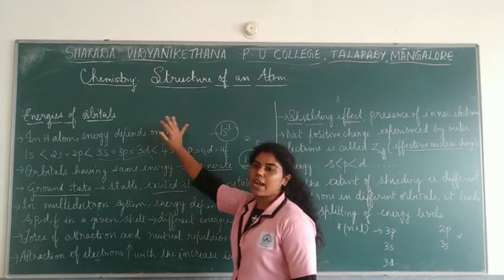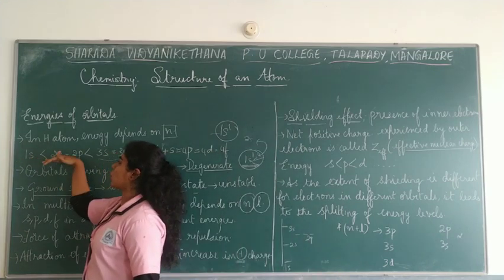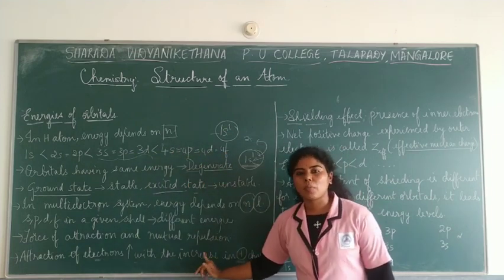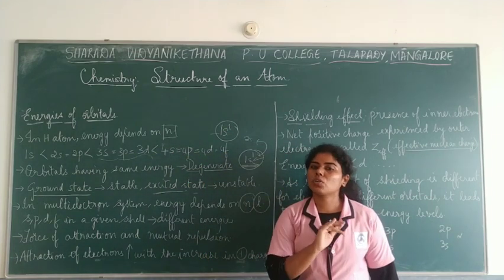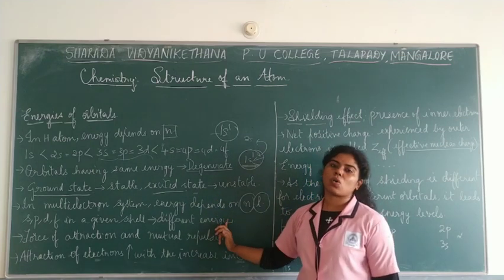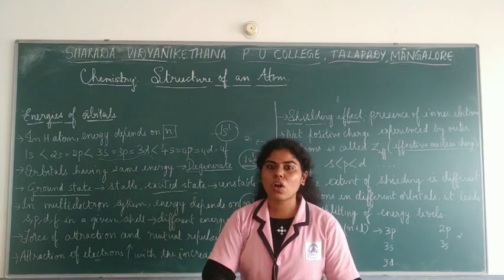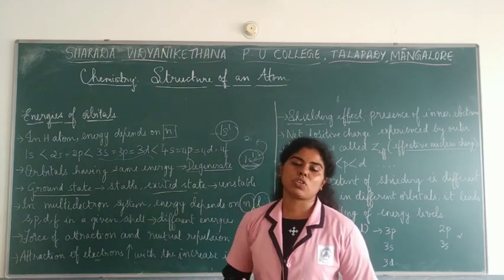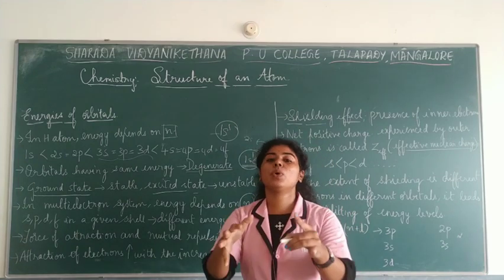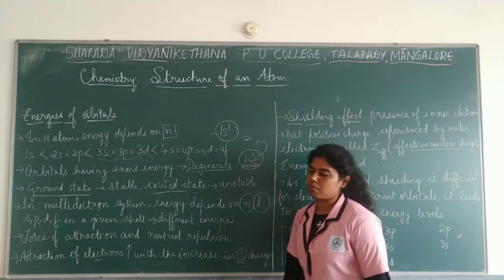It's not like hydrogen. In hydrogen, in a particular energy level, they all will have the same energy, right? But when you're talking about a multi-electron system, there are more electrons present, and the energy depends on the principal quantum number, which is nothing but the energy level, and then the azimuthal quantum number, which is the subshell. So it depends on s, p, d. Which subshell are you talking about? They depend on both of these terms.